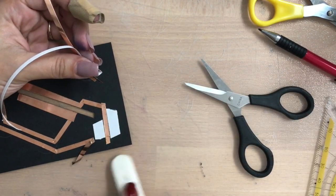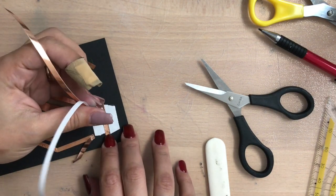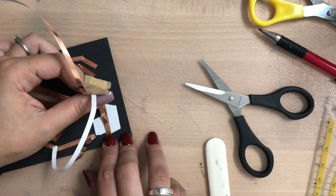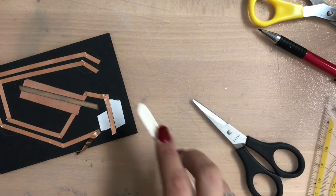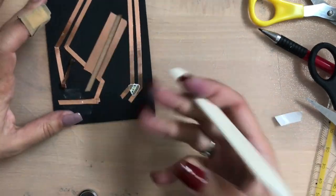Now I'm just taping 3 more layers, one on top of another. I don't know why I did this. In my mind it makes sense, but you really don't need to do this. So it's totally fine if you skip the step. Now I'm taping my LEDs down,